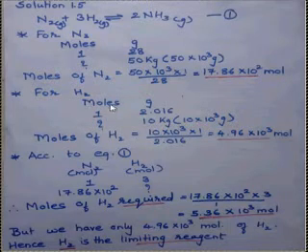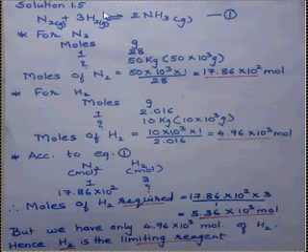Now for H2, we have moles and gram. From here we can see 1 mole will be 2.016 gram. That will be equal to its molar mass. So how many moles will be equal to 10 kg? 10 kg is given in the question, which will be equal to 10 into 10 raised to 3 gram. So moles of H2, that is hydrogen, is equal to 10 into 10 raised to 3 into 1 divided by 2.016, which will give us 4.96 into 10 raised to 3 moles.